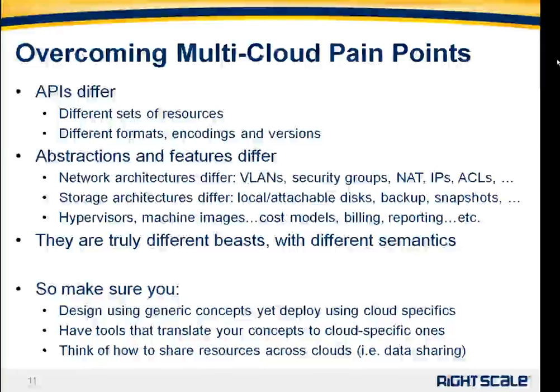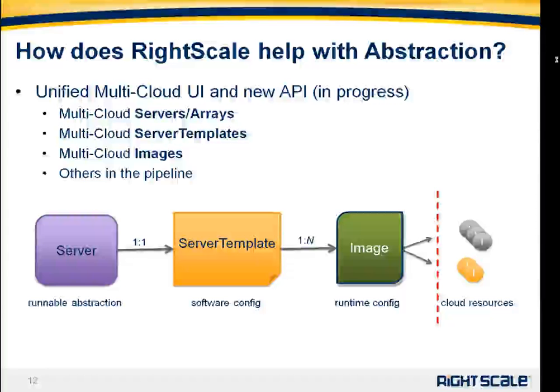An important part of this translation is that you have to start thinking about how to share resources across clouds. An important difference between different availability zones in one cloud and different clouds is that across clouds, nothing is shared. If you want to move a piece of data from cloud A to cloud B, you will have to do it on your own. The cloud is not going to help you. Same thing for changing IPs or changing snapshots and things like that. So that's basically the idea. Just design at the high level.